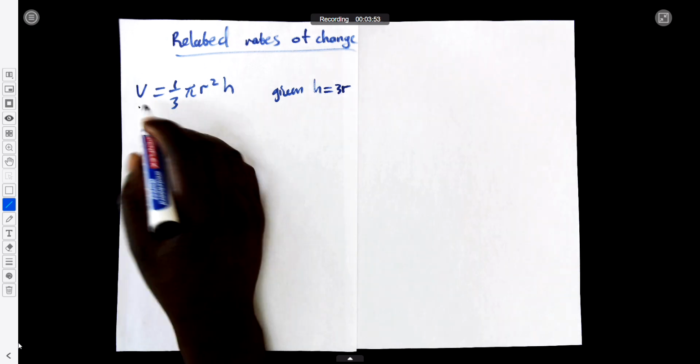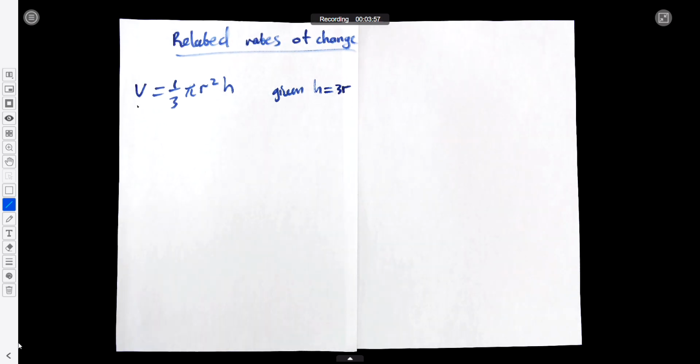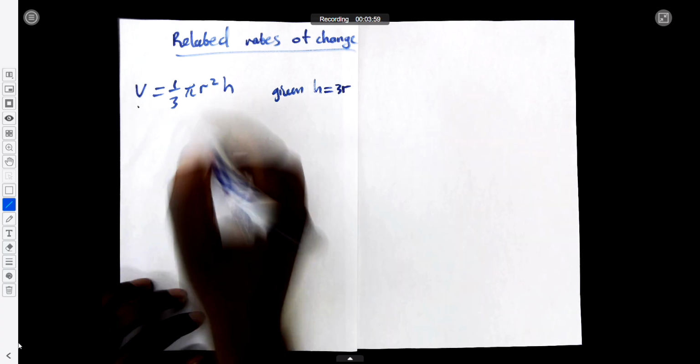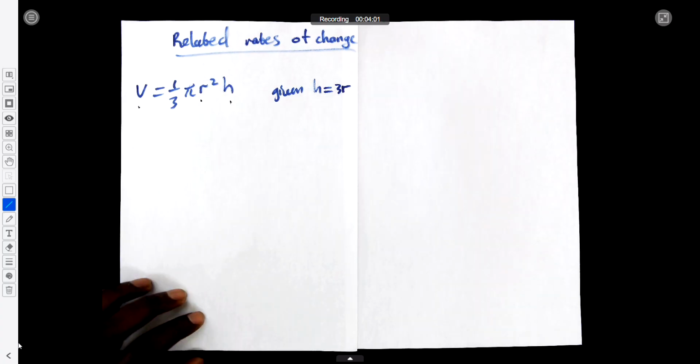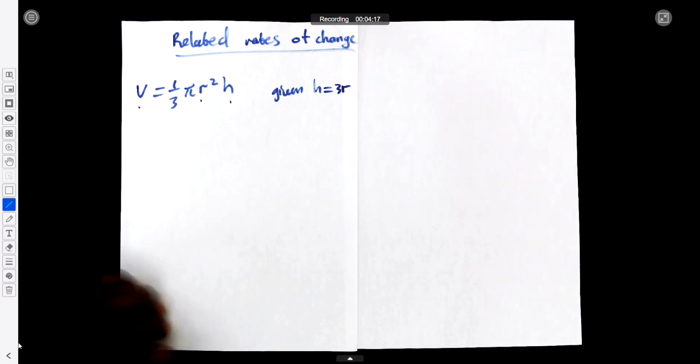A cone is dependent on which variables? It's dependent on r and on h, isn't it? If we reduce the size of the radius of the cone, the volume reduces. And if you reduce the height, the volume changes. So in some cases when we are doing calculations or design,